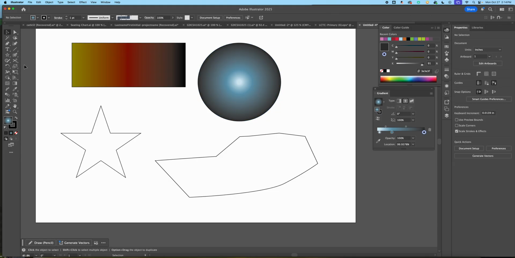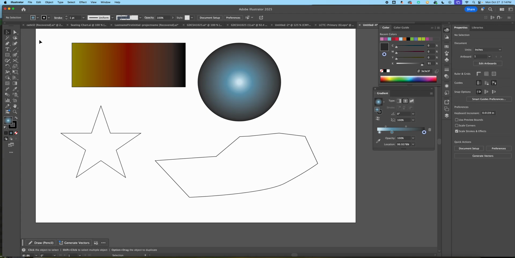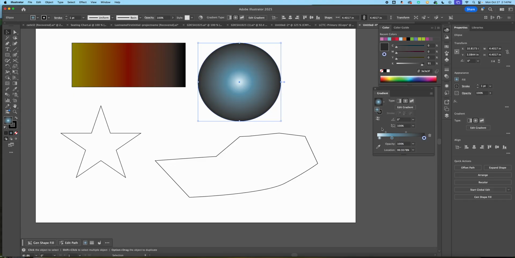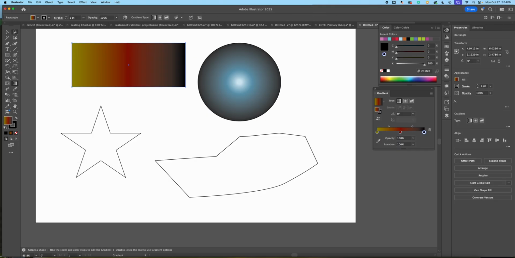There's also a freeform gradient. You know what, let's get into that in a second. So I can adjust some of these if I want to, and we can adjust that with some of these locations and colors and whatnot. But the next power area is going to be the gradient tool, and its shortcut's G. If you hit that